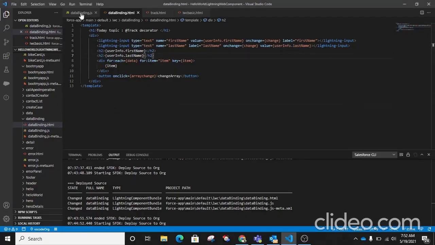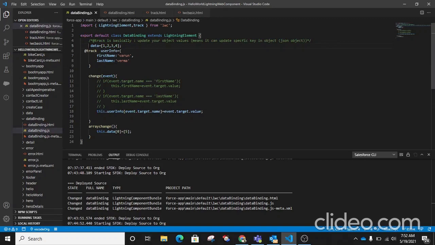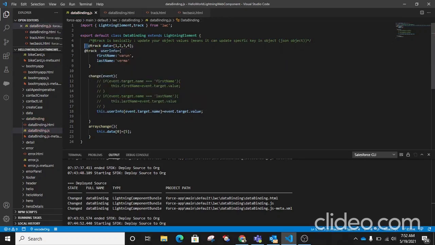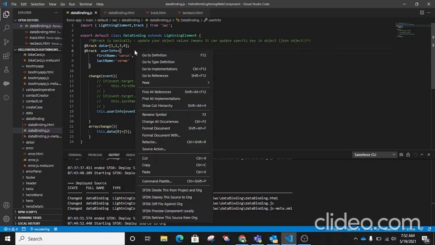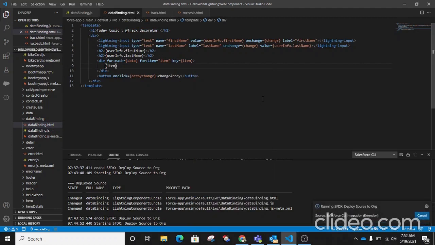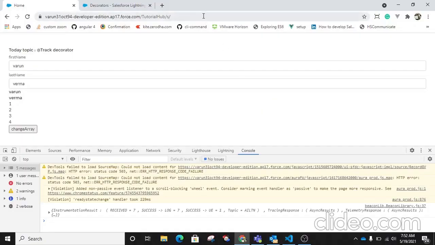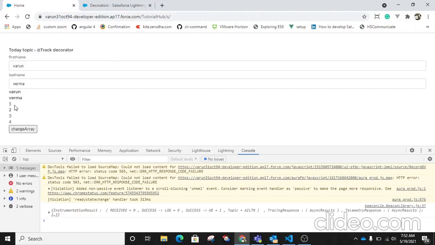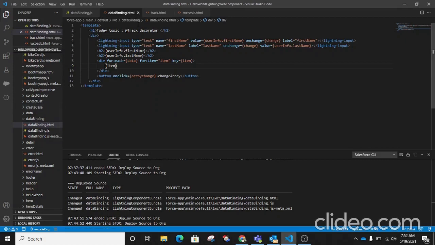Now I am using @track with the data variable, and again I am deploying this. You can check here it is 1, and on change it becomes 5. So this is @track.